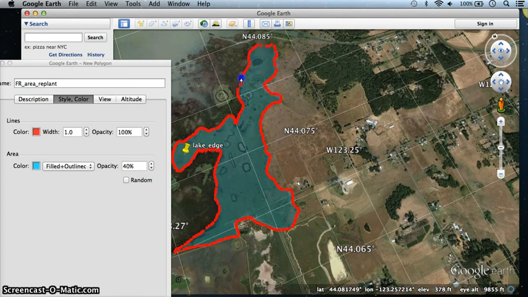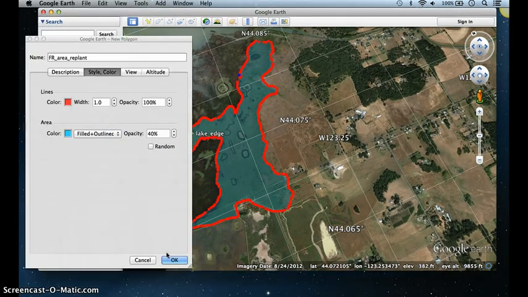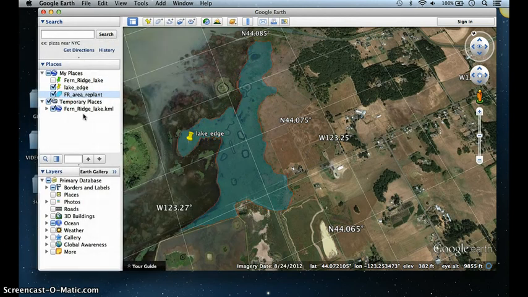So let's just say this is my area, and I'm going to double click to finish it. And then when I'm done, that was hidden by my screen, I choose OK, and I have now a polygon